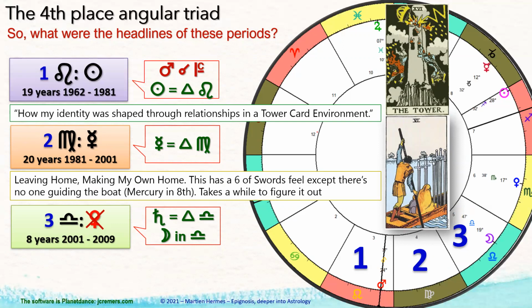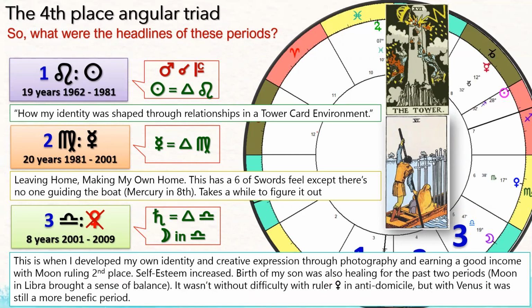Yeah. Okay. Cool. Now, when we look at the 3rd period, we talked about this before, so I know some things about it, but this was a very interesting one because you got into creative expression through photography. Very interesting. Can you say more about that? How did you come about starting photography? I always had an interest in it. I don't know, it really got strong during that period. I became quite good at it. It could have been a full-time job, actually.